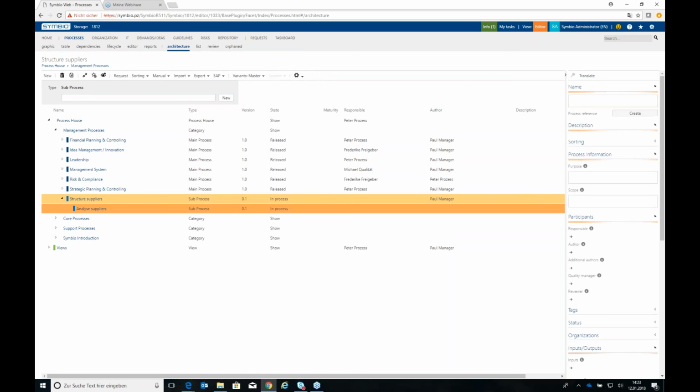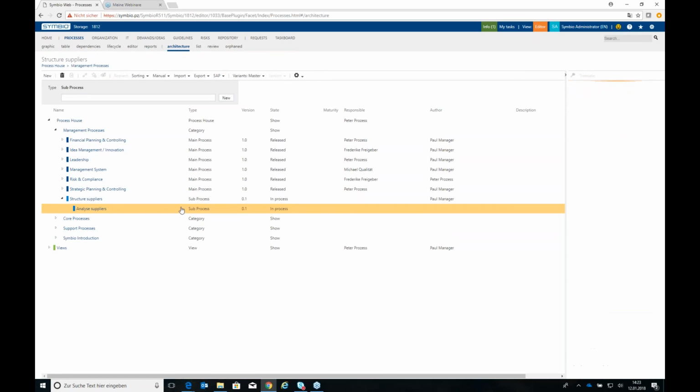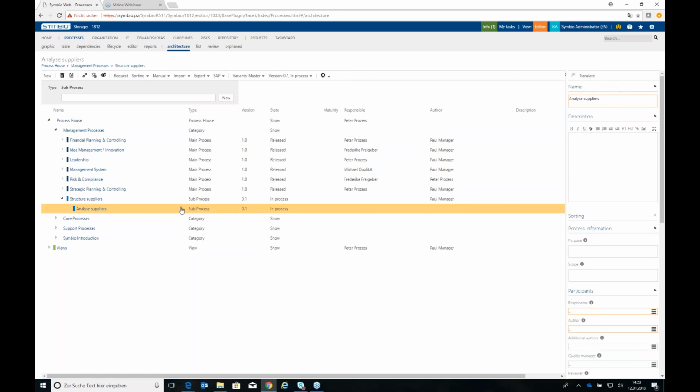So you see here now there's a new hierarchy. That was not possible before. That's another new feature, that you can add a sub-process and also generate as many sub-processes below a sub-process as you wish. All right,